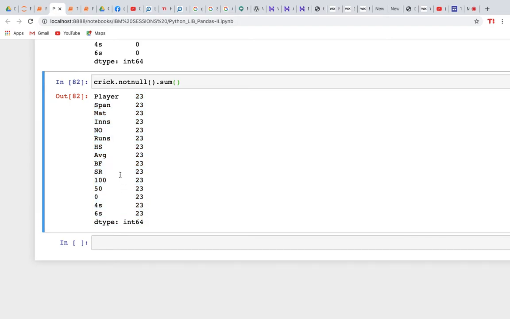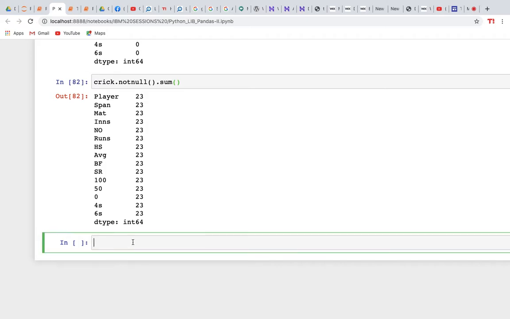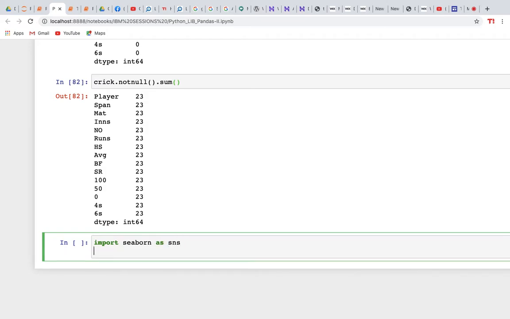So you can even check this by plotting a graph. For plotting a graph, we'll be working with Seaborn. We'll be starting this, don't worry, not today, tomorrow maybe. So we can just plot a heat map over there, and say this is crick